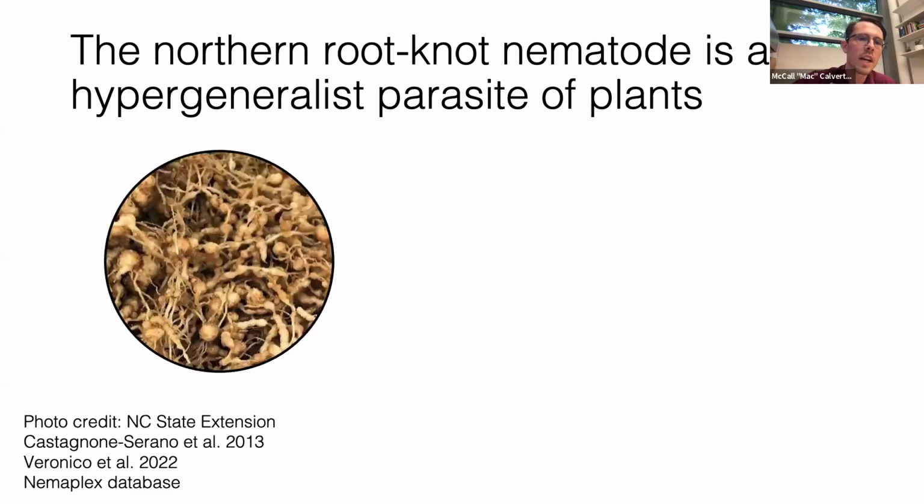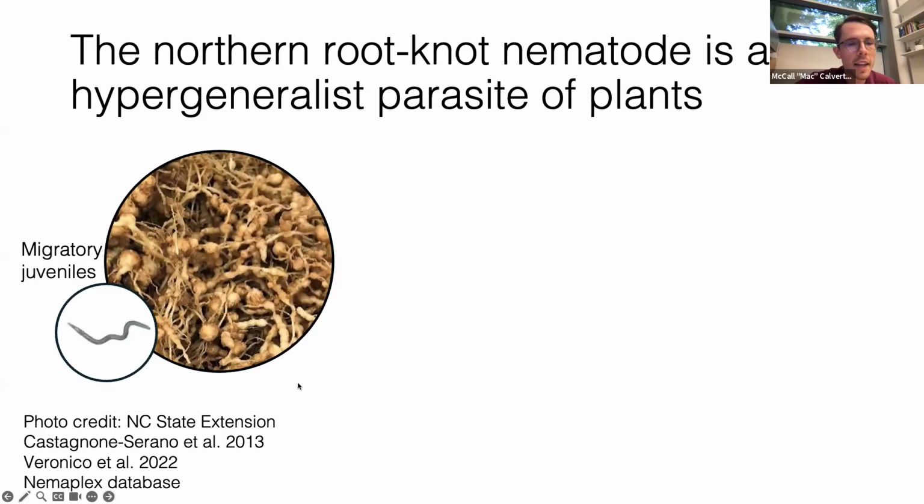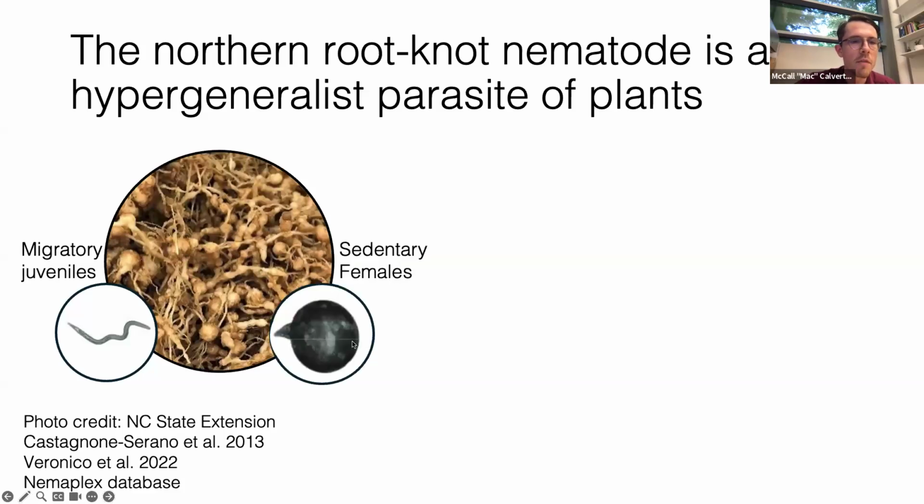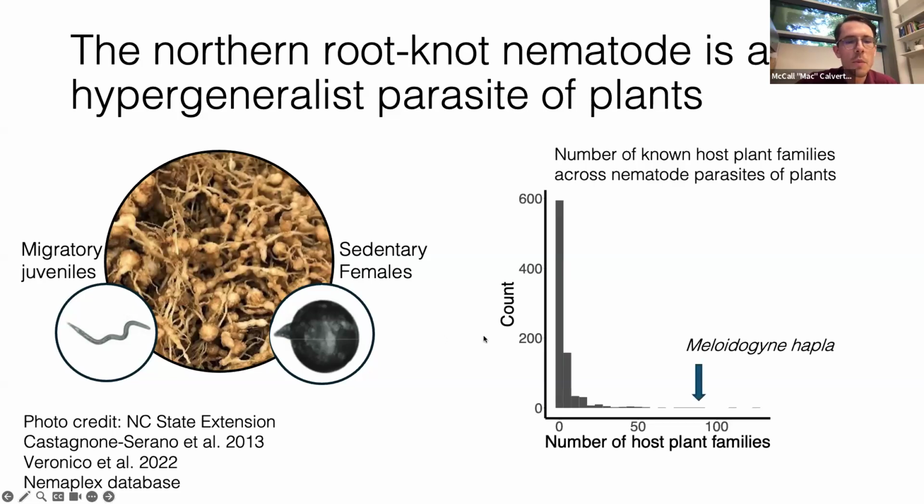plants. And so root knot nematodes form these gall-like structures on roots that you can see here, and these serve as feeding sites. And so early in life, these nematodes will migrate through the soil looking for a suitable host plant. When they find one, they'll invade the root system, where they'll molt into the sedentary form, where they'll siphon resources away from the host and reproduce. And the species that we work on that I'll be talking about today is Meloidogyne hapla.